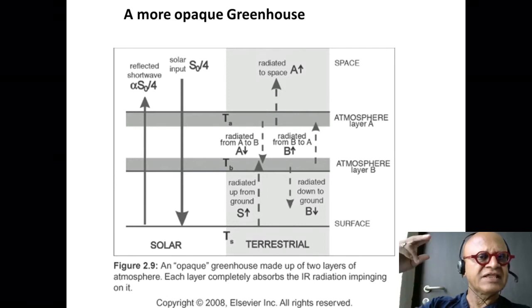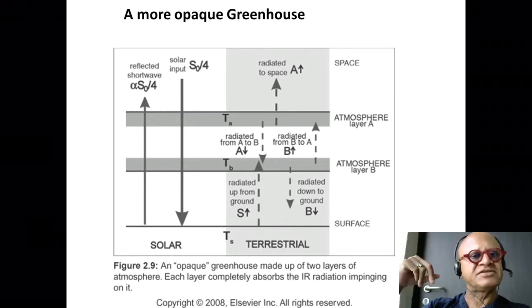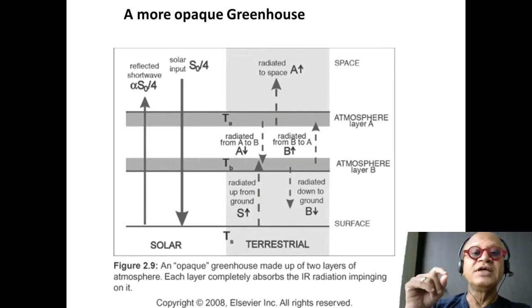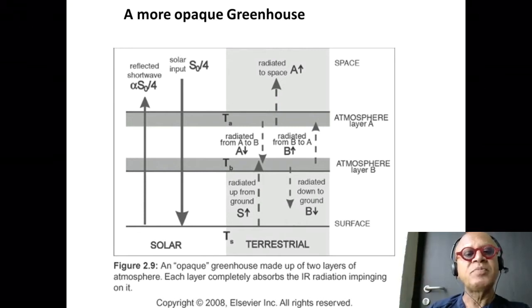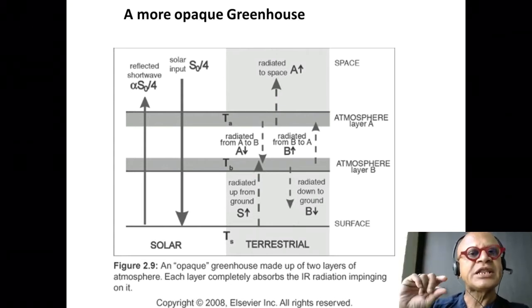So there is a feedback, and then there is an effective temperature that the atmosphere accomplishes, and it emits at that temperature to space, right? So that's a realistic situation because we actually have an atmosphere that's leaky to different wavelengths of the outgoing long wave radiation. To make it more realistic, obviously we have to consider that the atmosphere is not only a single layer, but it's continuously stratified, as we will see soon, and each layer is absorbing different wavelengths and sending it downward